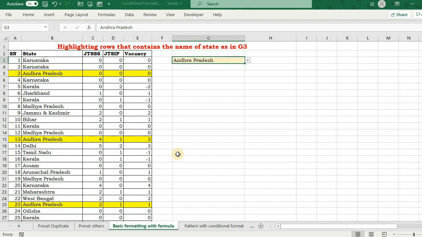Now before we move on, we must keep one thing in mind, that whatever formula we are going to feed in the formula tab, it will be copied to all the cells in the selected range. So like this is the range provided here. So if I am providing any formula, then this formula will first be fed to A2, then B2, then C2, and that is in all the cells in the selected range. Therefore, referencing of the active cell is of utmost importance. So we will understand that as we formulate conditional formatting of our own.